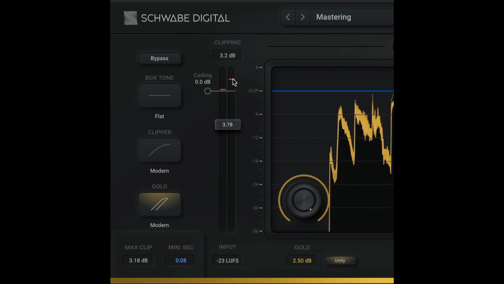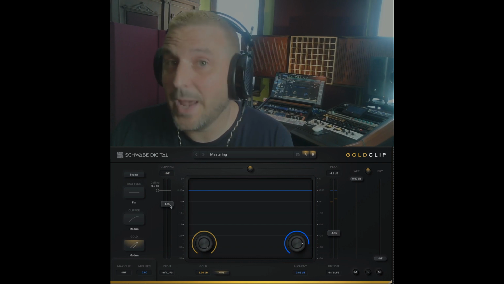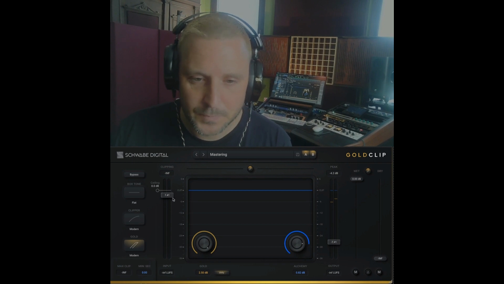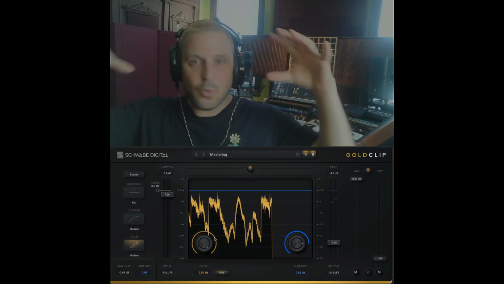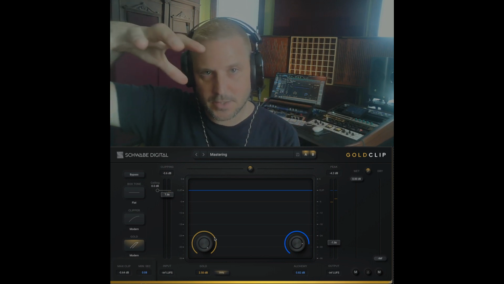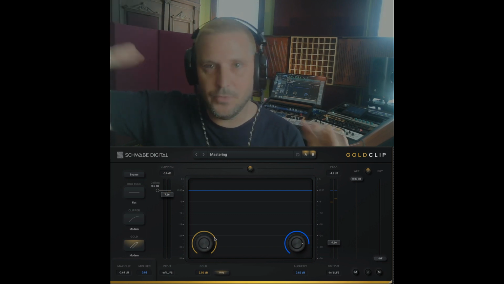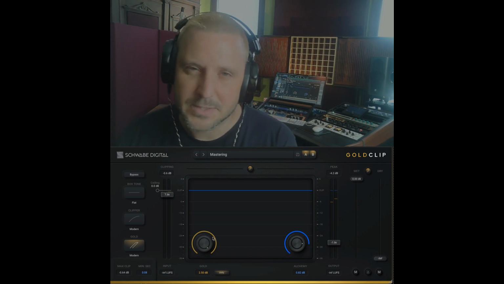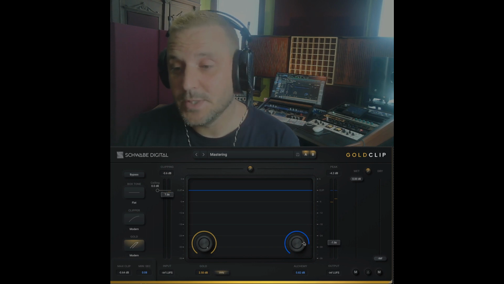Right? That's red. That's telling me that I went over by 3.2 dB. And when you don't have a clipper on, that's bad, right? We want to keep the signal below 0, which is somewhere around here. Now Gold and Alchemy processing are working without a clipper protecting them, right? So we're trying to set the gain staging so that we can get the peaks up to the 0 level, but not over it, so that Gold and Alchemy can work without any distortion from overs, because those algorithms expect a signal at 0.0 or below. So what we're doing is just pushing it up, and then we're using this gold processing,